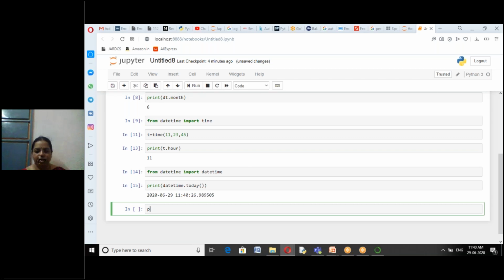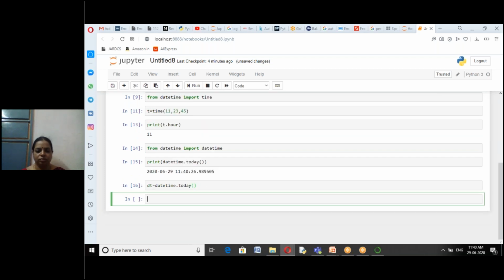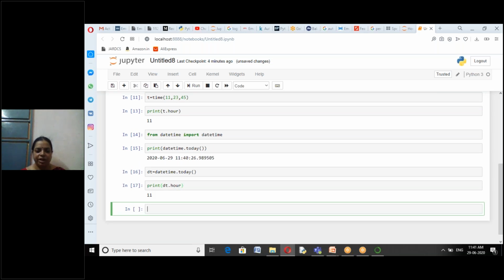First we will store that in an object, dt equals datetime dot today. Now you can print the individual information. dt dot hour, the hour of the current time. Print dt dot minute.